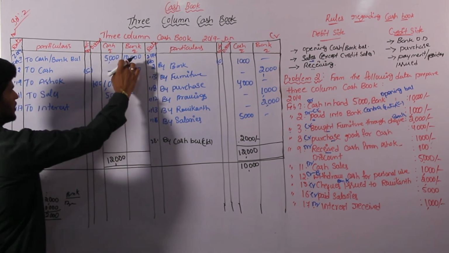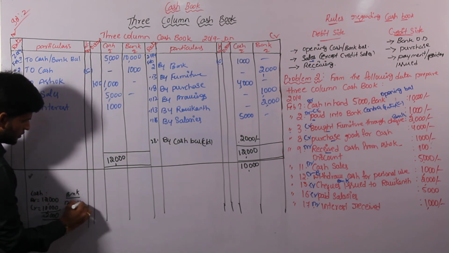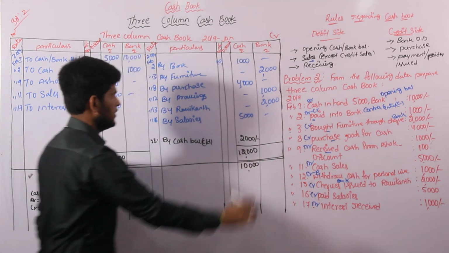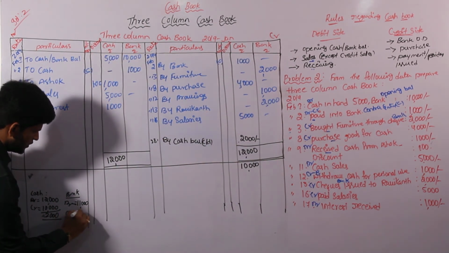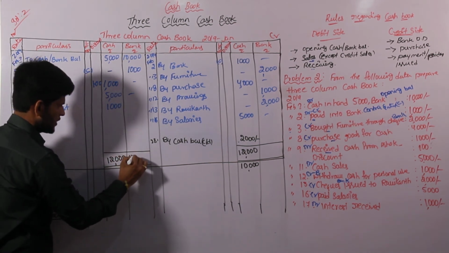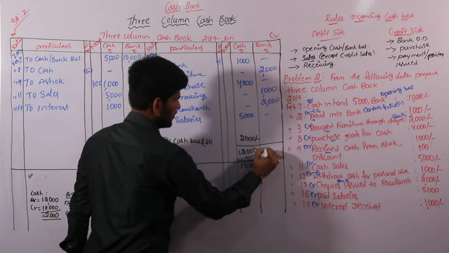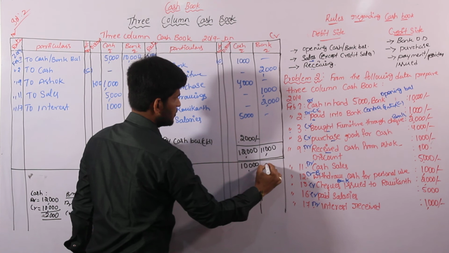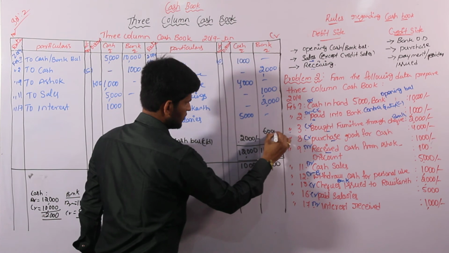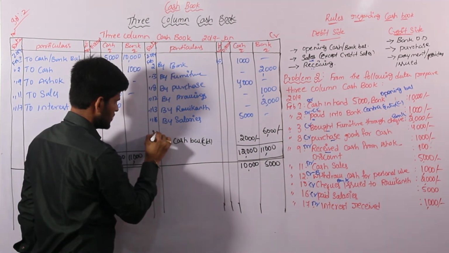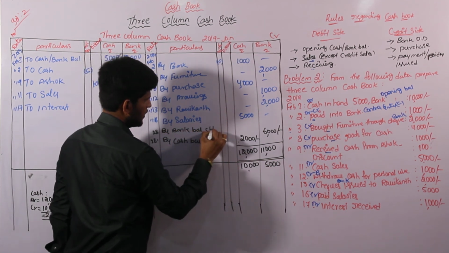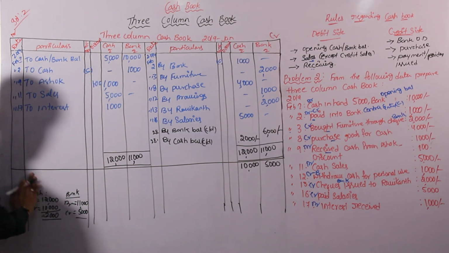Debit bank value we have to write 10,000 plus 1,000, 11,000 we have on the debit side. Come to the credit side, 2,000 plus 2,000, 4 plus 1, 5,000. So which is the excess? That is, the debit value is excess. So the excess values we have to enter on both sides. So these values are the least values, that is 5,000. 11,000 minus 5,000, 6,000. It will be called, that is also the same, by bank balance carried down.